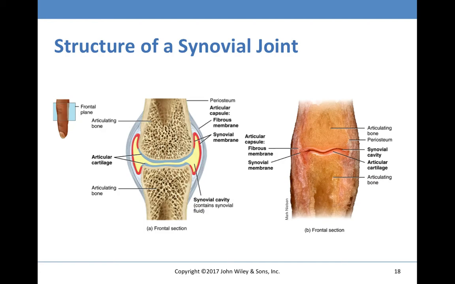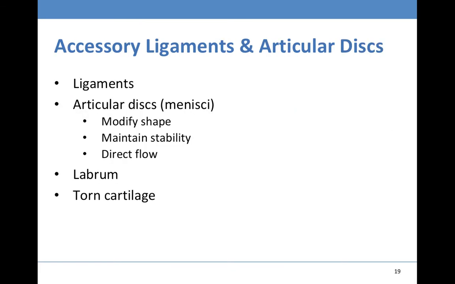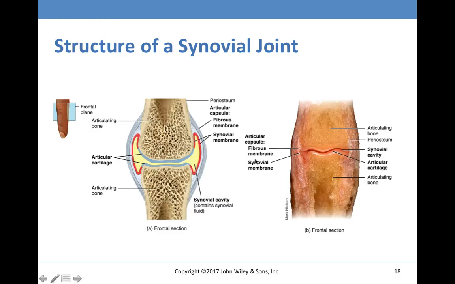The flexibility of our fibrous capsule will permit the movement that we get at this joint, and its great tensile strength will help to prevent bones from dislocating. We have other features of the capsule that include ligaments and the articular fat pads. So our synovial fluid that was secreted by this membrane here,